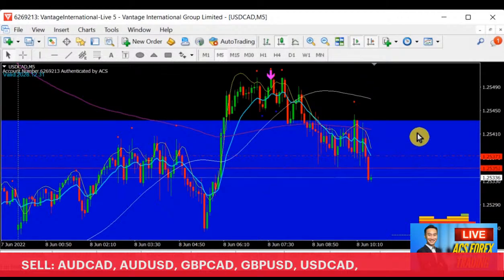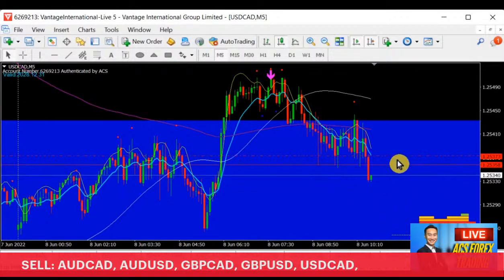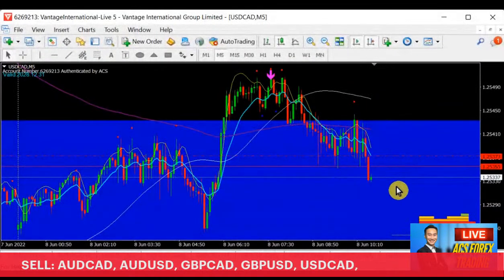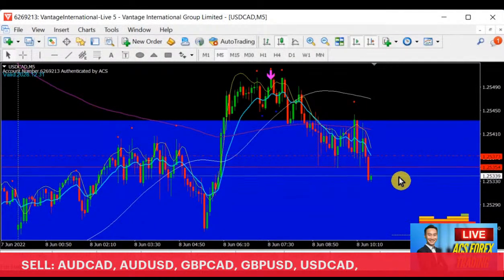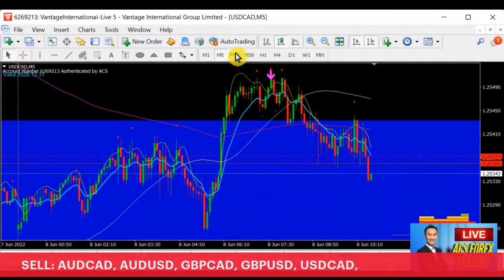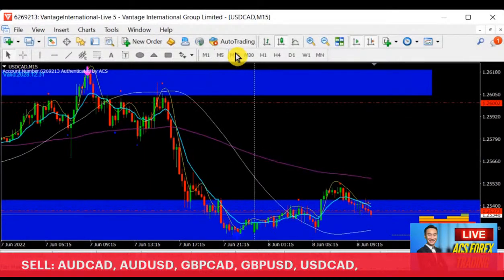So this is something that we may want to take note of. Once it comes back here to test the resistance and it's not breaking, and it starts to flow down to another lower low, this will give us a signal that a trending market is coming. All right, so this is a very small time frame. As we move further up,